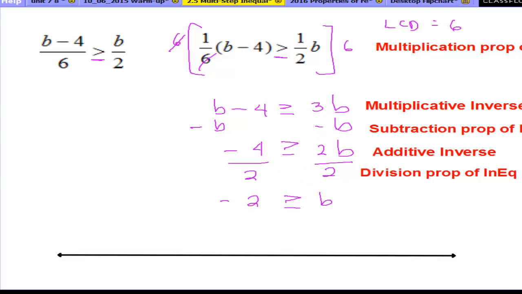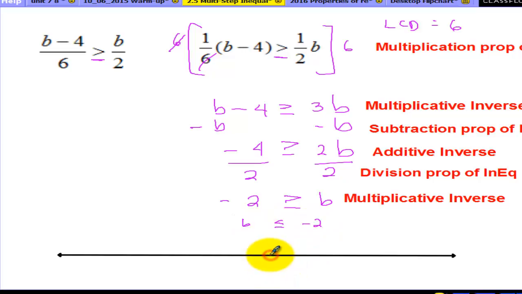So that will be your multiplicative inverse. Alright, so this one is negative 2 greater than or equal to b. It means that the maximum number is negative 2. Or if you're going to read this one from right to left, b is less than or equal to